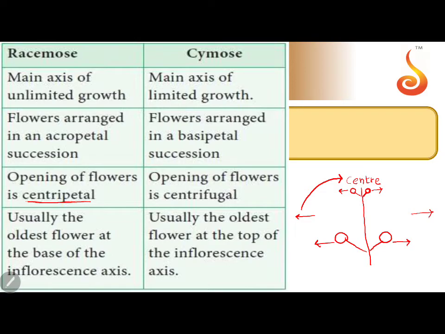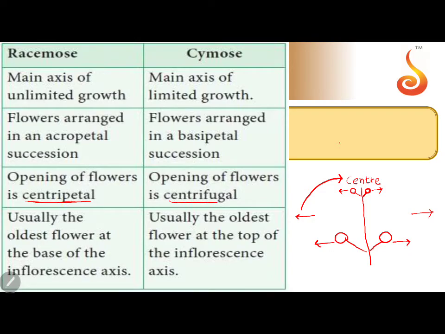Because when you see from the tip of the racemose inflorescence, the older flowers are more exteriorly situated than the younger flowers at the tip. So from periphery to center is centripetal,